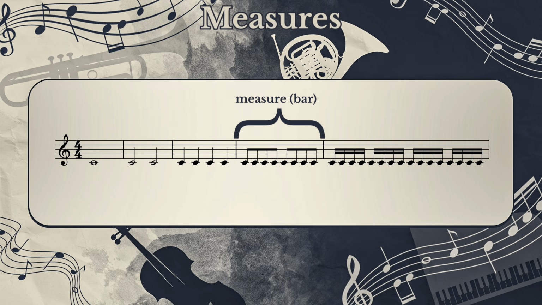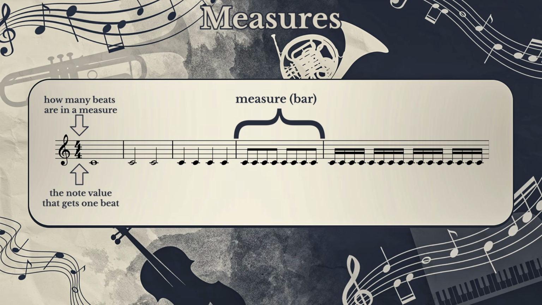In written music, measures, also called bars, help organize rhythms into regular, manageable groups. Each measure contains a specific number of beats determined by the time signature. A time signature is written as two numbers, one on top of the other. The top number tells you how many beats are in each measure, and the bottom number indicates the note value